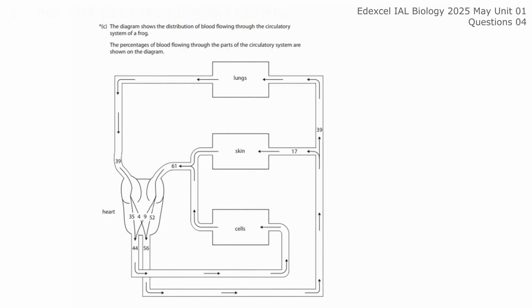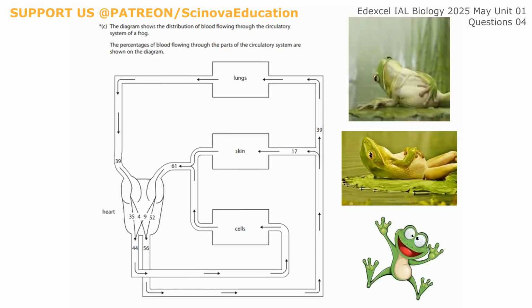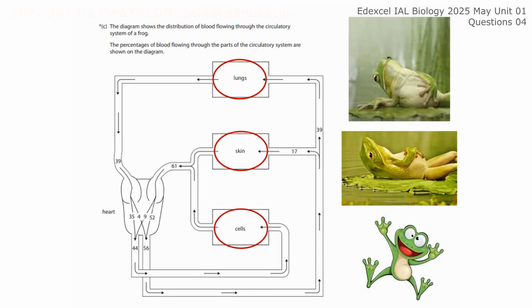The diagram shows the distribution of blood flowing through the circulatory system of a frog. The percentage of blood flowing through the parts of the circulatory system are shown on the diagram. You can see the lungs as a gas exchange system, skin as a gas exchange system, and the proportions of blood reaching skin and lungs, 17 and 39. A majority of blood is reaching the lungs for oxygenation, and 44% of total blood is getting into the cells,